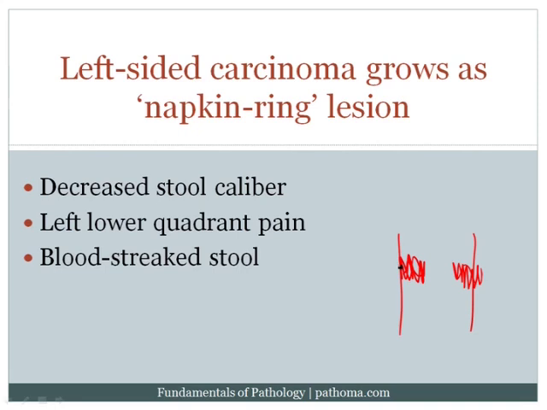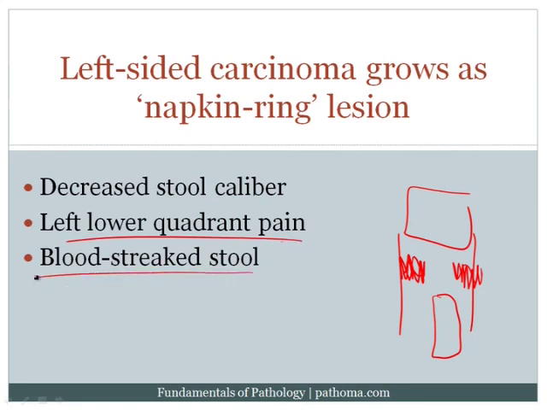Now, the classical clinical features of such a lesion would be that there would be decreased stool caliber. Now, imagine if the stool is coming through here, as it gets squeezed by the napkin ring, it will create pencil-thin stools. And so the stool caliber would decrease. There could be left lower quadrant pain. There could also be blood streaking on the stool. But I think the number one thing here is the decreased stool caliber. Also important to note that the adenoma-carcinoma sequence tends to be more on the left side than it is on